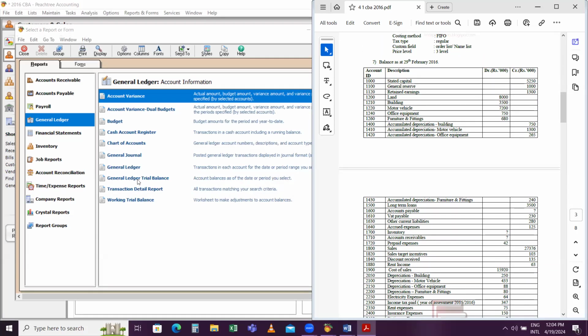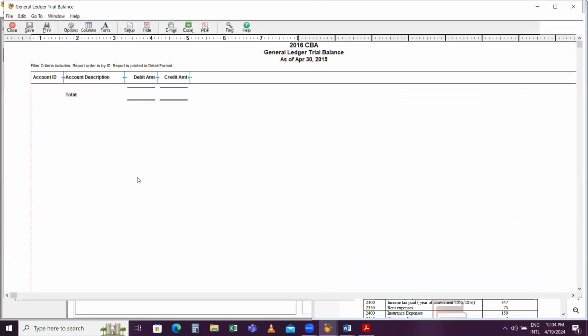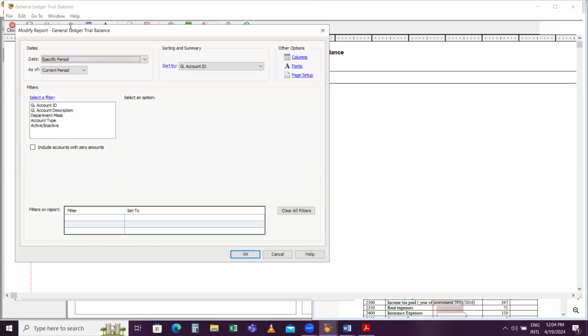So go for general ledger trial balance and change the date. So here specific period can be selected, specific date can be selected,